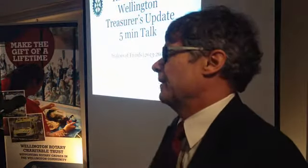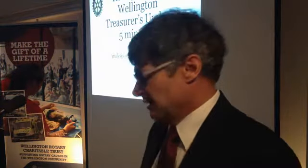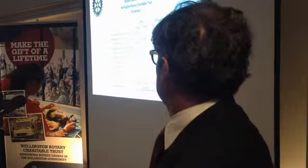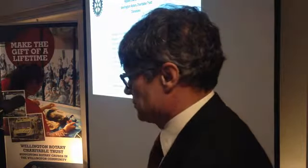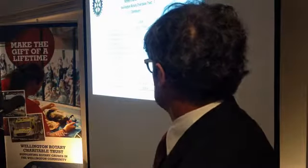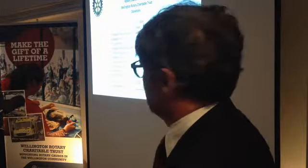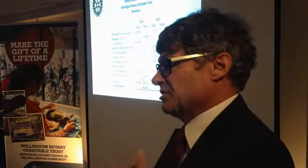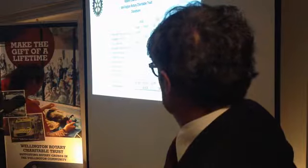What I thought I'd talk about is just how we're going in terms of being able to fund the donations that we make. So I've just got a chart here. Sorry, it's not a little bit bigger. It's hard to judge whether you'll be able to see things or not. So what I've got is 2014 year to date and last year, and I've put the club and the trust and showing the donations that each has made. And if you're not able to see the detail,